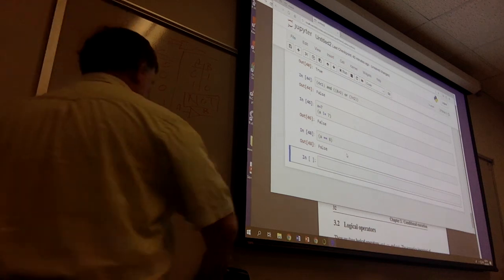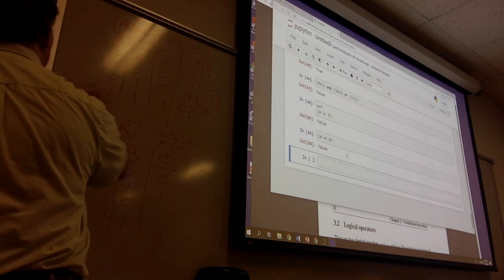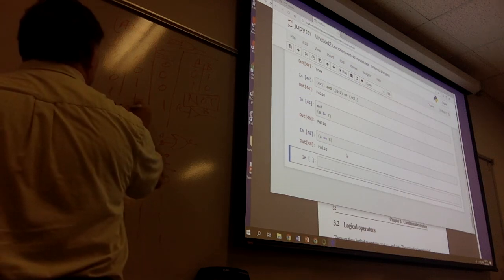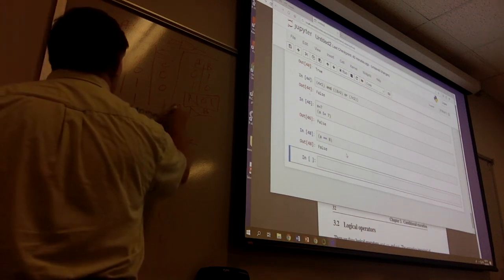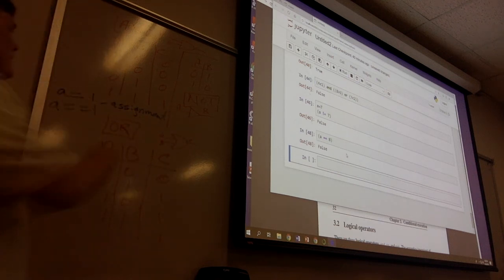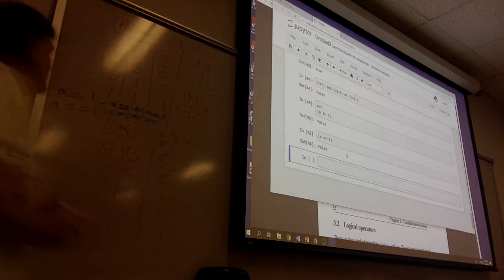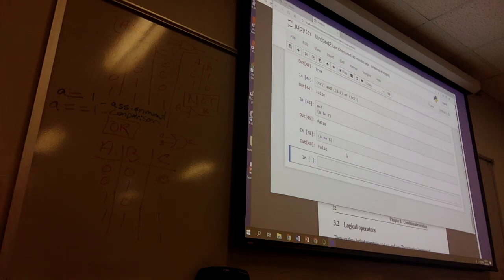So A equals 1, that's assignment. A double equals 1, that's comparison. Does that make sense? And at some point you will forget and say, because just logically from mathematics, you'll say, well, if A equals 1,